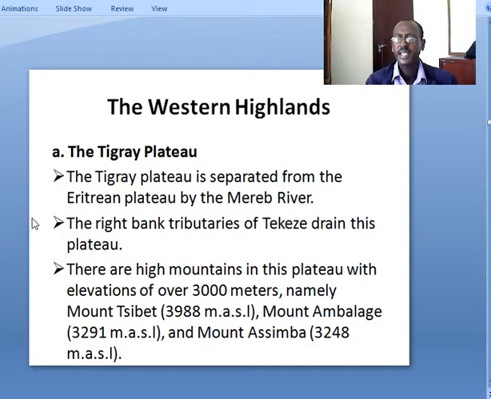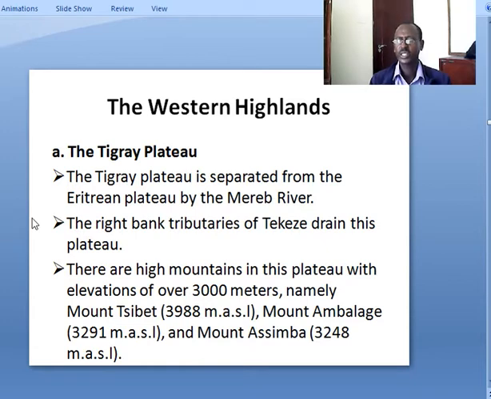The first one is the Western Highlands. In here, what we'll see is the Tigray Plateau. The Tigray Plateau is separated from the Eritrean Plateau by the Mereb River, and it is the Mereb River that separates the two. The right bank tributaries of Tekezé drain this plateau. Also, there are high mountains in this plateau with elevations of over 3,000 meters, namely Mount Tsebet, which has an